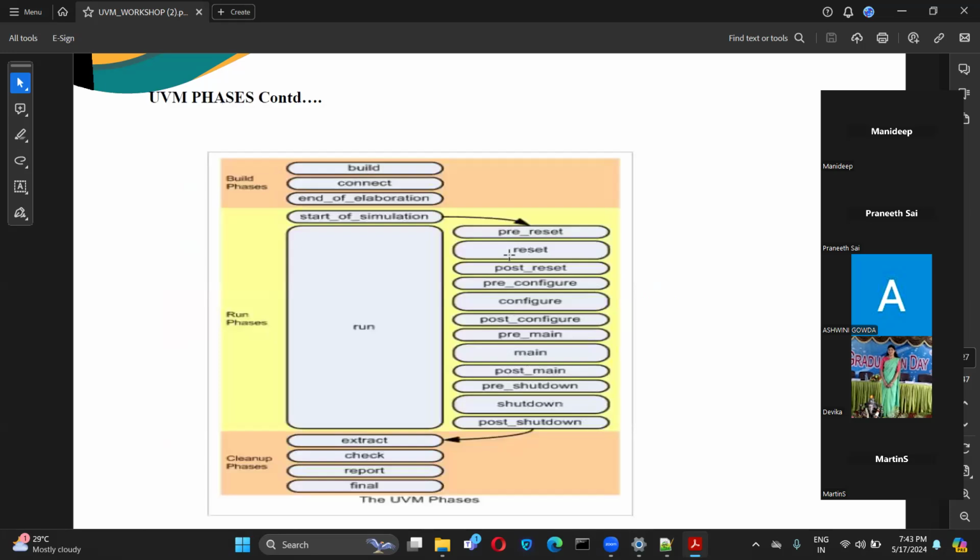So, can anyone explain the UVM execution flow, from where it starts and how the entire flow works? Yesterday we discussed it, right? Can any one of you tell that? Because it is really important to know for the one who is aware of UVM.